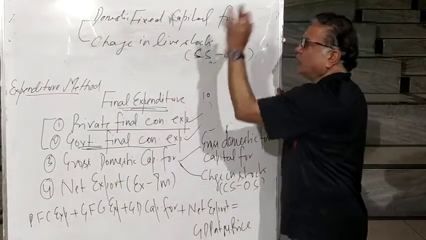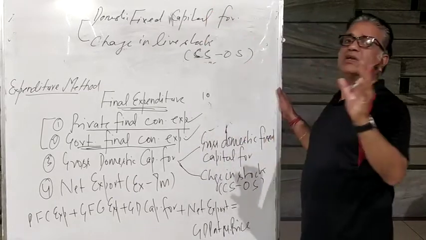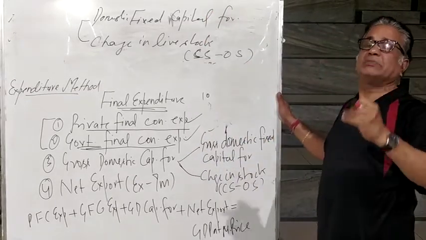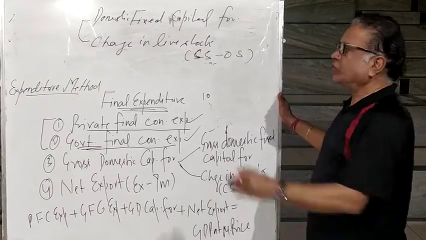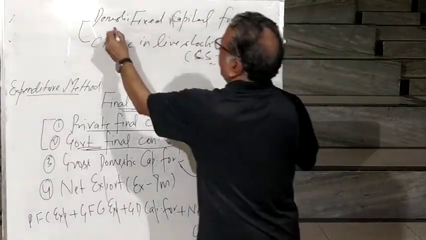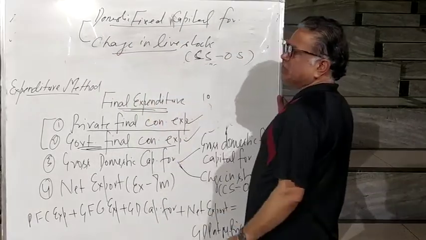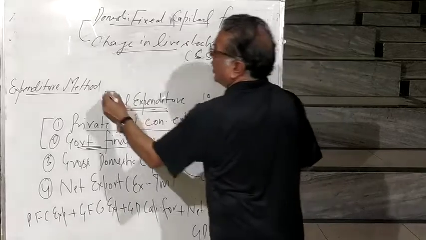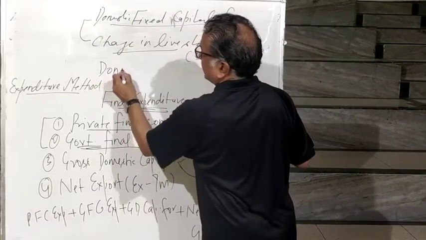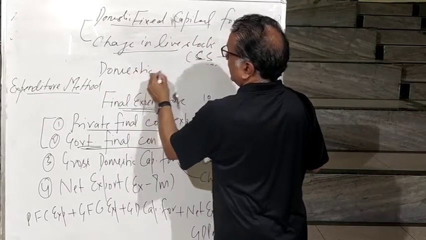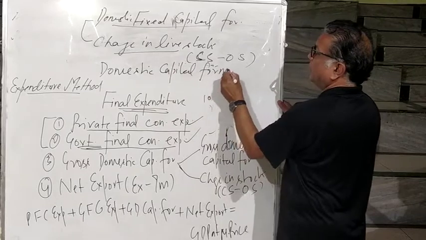Right? This is the total capital expenditure by the producer, and capital expenditure is a final expenditure because it is expenditure on capital goods, that are called final goods. So when we add these two, expenditure on fixed assets and expenditure on changing livestock, that is called total stock, and this stock is within the country, that's why I call it domestic capital